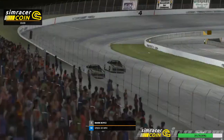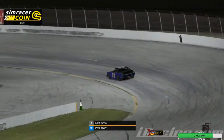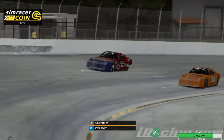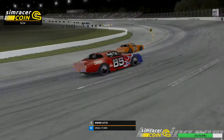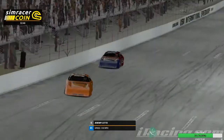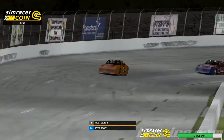Welcome to the Xcal Racing Simmers Open 250 Heat Race number 5, I believe this is. Yes, it is 5. There you go, our P3 car, currently in position number 3. There's our place number 6 car, Jeremy Leto. Had a couple issues in the last 4 heats, and looking to turn around and lock himself into the future. We are taking 8 cars for this event, and